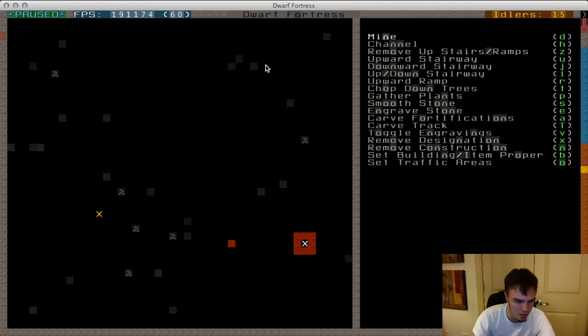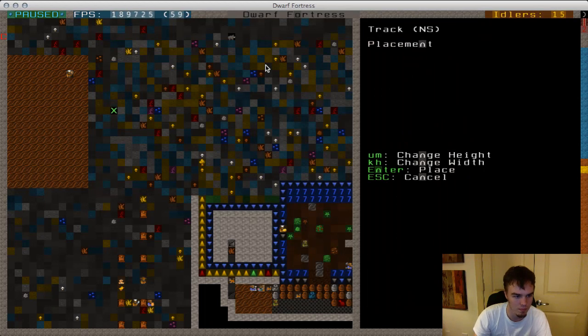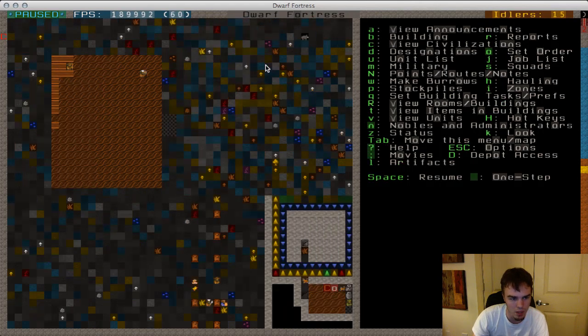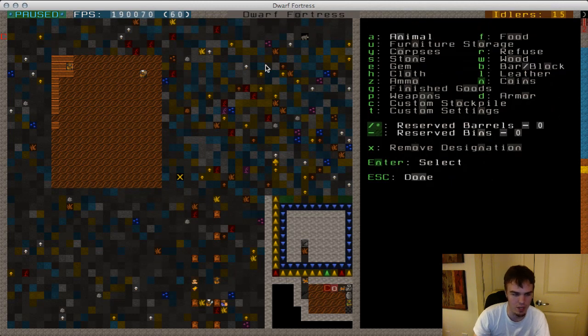Okay. So let's plan this out. So we'll start from the top here. For now, we'll just make it a regular food stockpile. We're going to have to go through and just make sure it's brewable plants in a little bit. Actually, and we're going to make it quite a bit bigger because of some